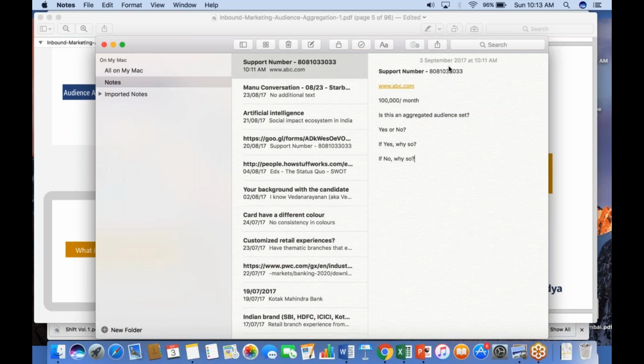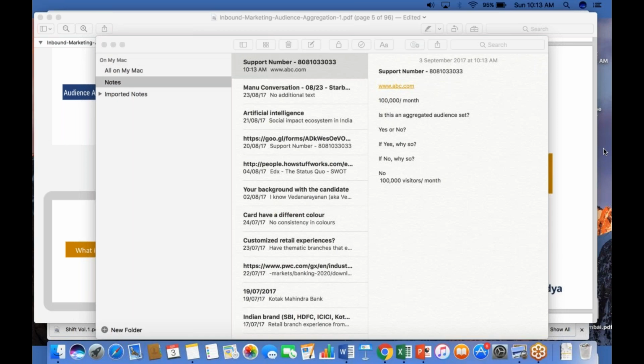The answer, okay. So here's the answer, right? And you can look at my note screen. The answer is no. And I'll tell you my reason. I mentioned that this is 100,000 visitors a month. I didn't say these were leads. All of these are consumers who are of ideally a homogeneous demographic profile, who have possibly a passing to a very strong interest in the brand and in the value propositions, right?